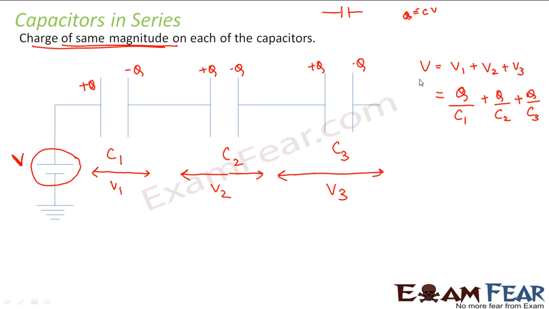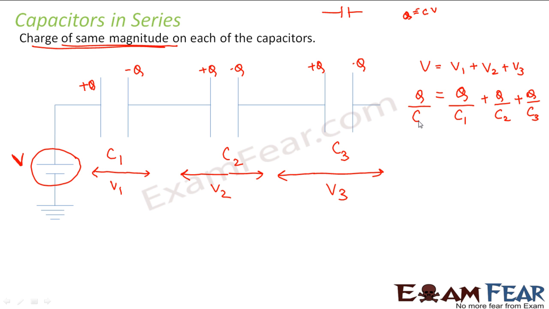And what is this V? V is the potential difference across the entire circuit, where the charge is again Q. Many of you might be thinking, why don't we say it is 3Q, Q plus Q plus Q? We do not do it like that because we always consider the net charge on each capacitor, since they are all connected in series. So net charge Q is there across a potential difference of V.